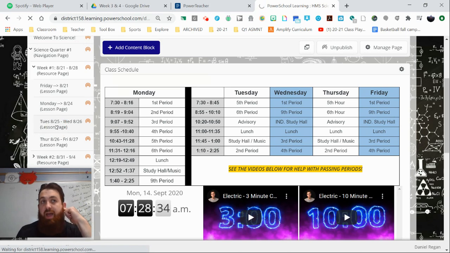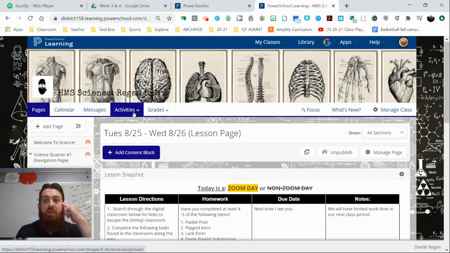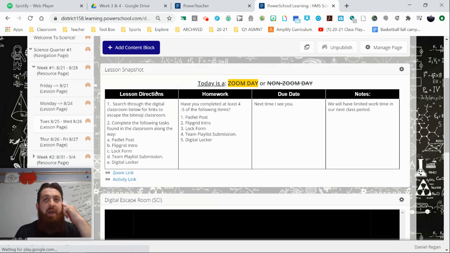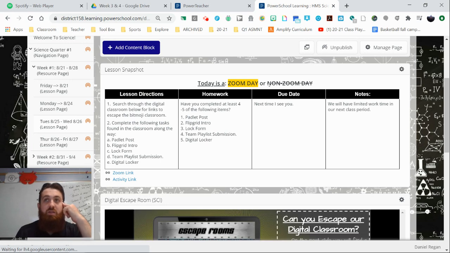Let's say maybe Tuesday. And this is the lesson page. The lesson page is broken down by, number one, what kind of day it's going to be. So this is a Zoom day. You'll have to log in for Zoom. On non-Zoom days, obviously, you won't need to. You'll still complete the lesson directions, homework, due dates, and I'll have any important notes. So in the lesson directions, hopefully it will break down what you need to do for the day. It'll explain what your homework is and when it's due, along with having links to our Zoom and the actual